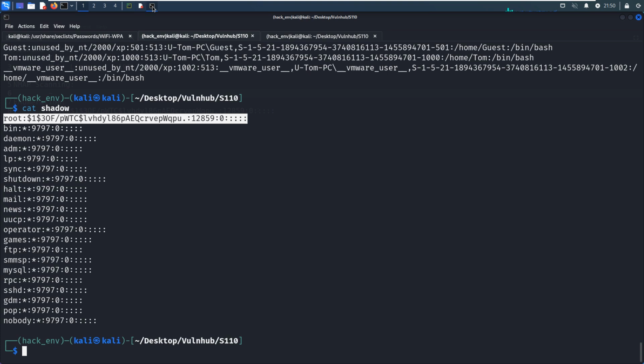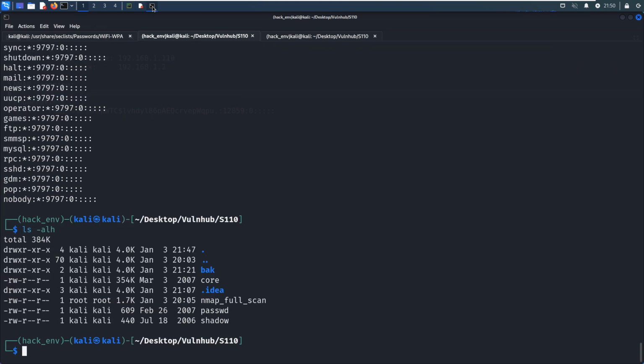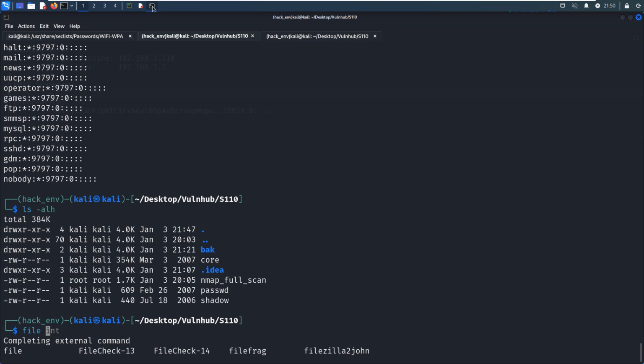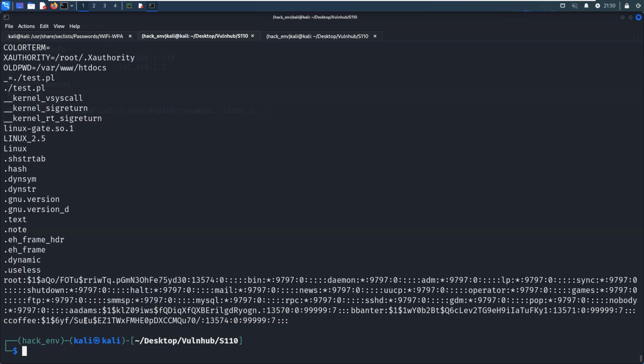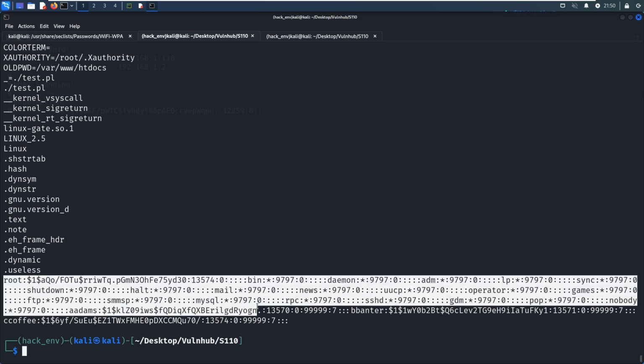So now we can take a look at the core. But the core, what's that? We can use the file command to display its file type. Actually, this is a 32-bit executable. Interesting. And we can use strings. Oh, we can get something. At its end, we can find some information. It looks like this information should be from the shadow file. We can copy